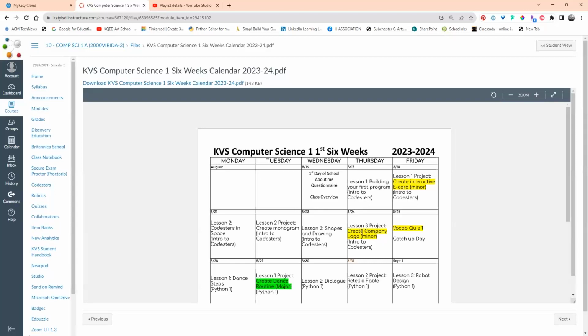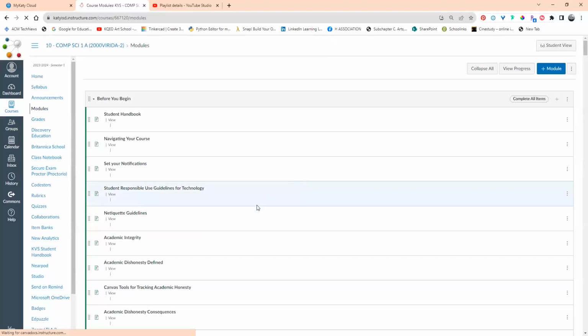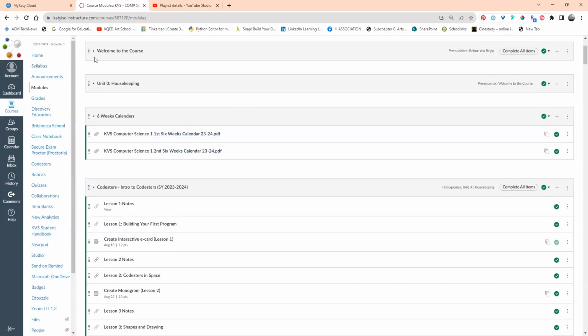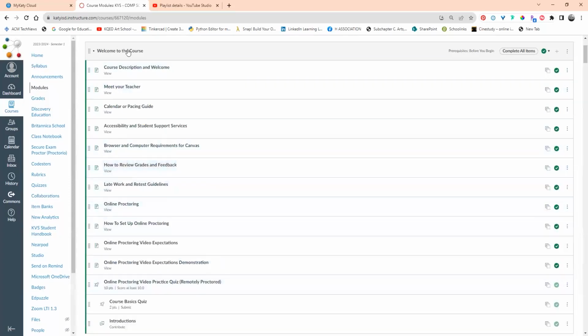And I know that some of you struggled getting things up and running initially as well. So I will probably give you to the middle of next week to work on getting everything caught up. But then at that point, we want to make sure that we are staying with our pacing. And I will show you where that is in the welcome to the course.